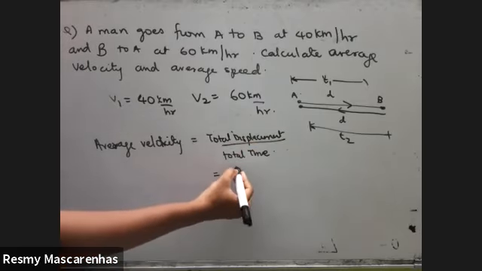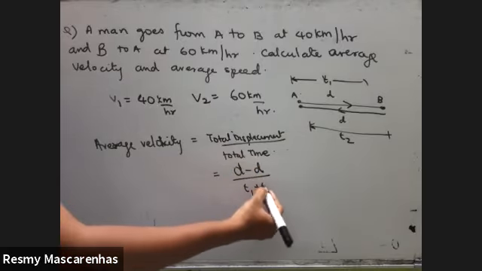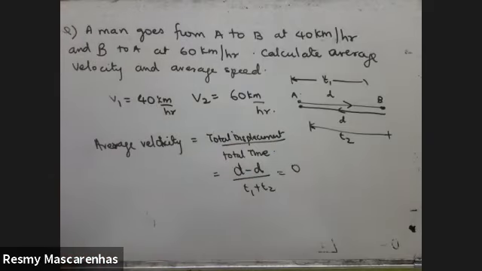So that will be d minus d upon t1 plus t2. So 0. Average velocity is 0. Remember, if you are coming back to the same position, you have to know your average velocity is 0. There's no thinking on that. Your average speed,